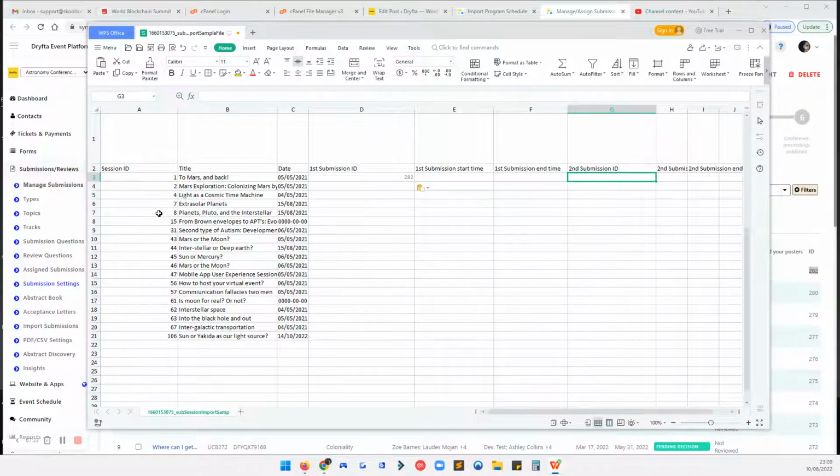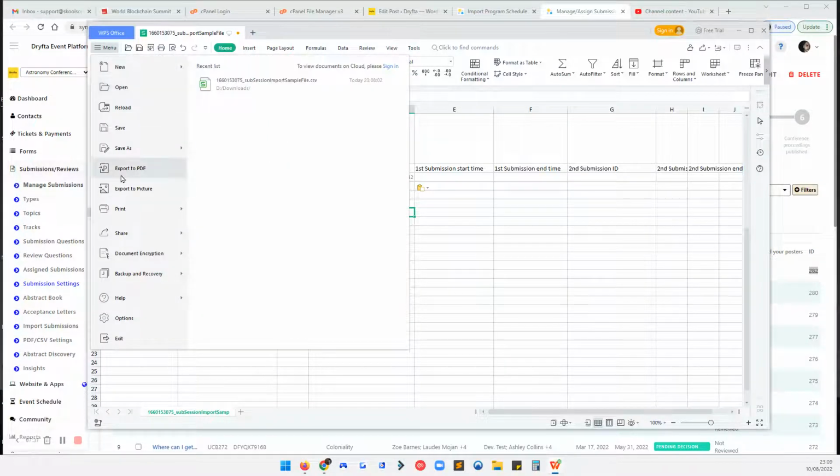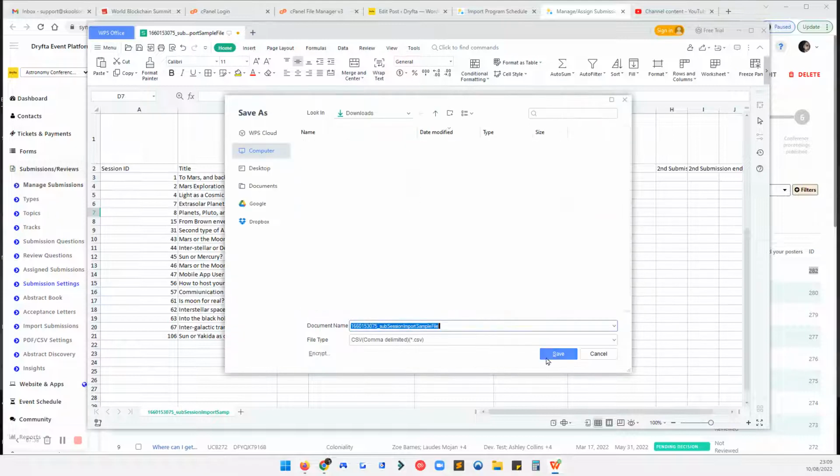and do not remove these submission IDs. These are the unique IDs of these respective sessions. You just need to add the submission ID and the start time, end time. Submission ID, start time, end time, and then when you are ready, you can click on Save As, save your existing file